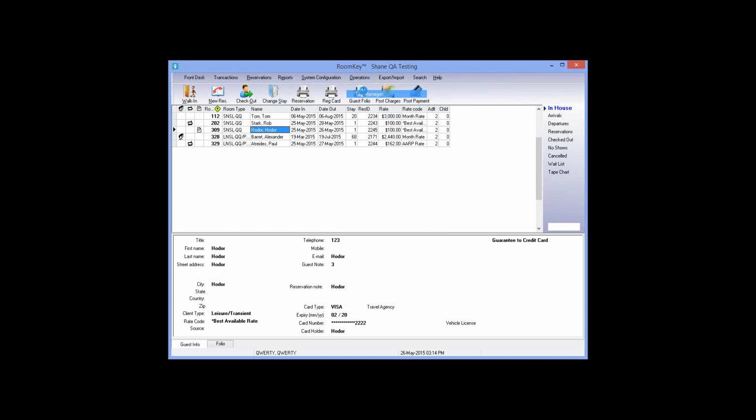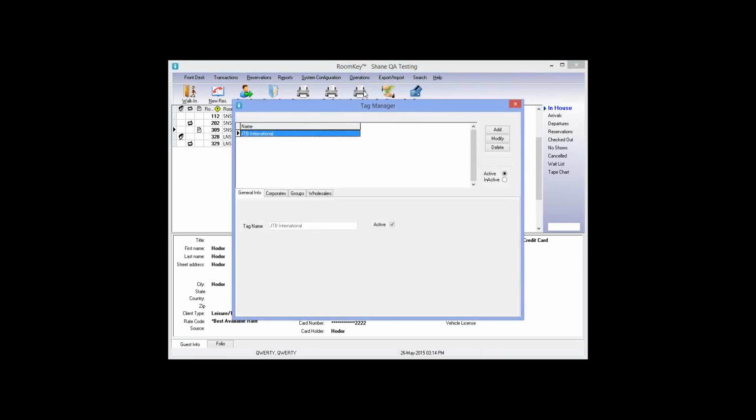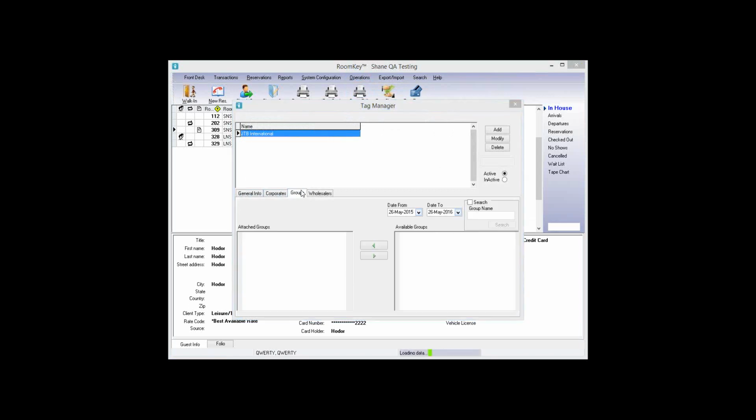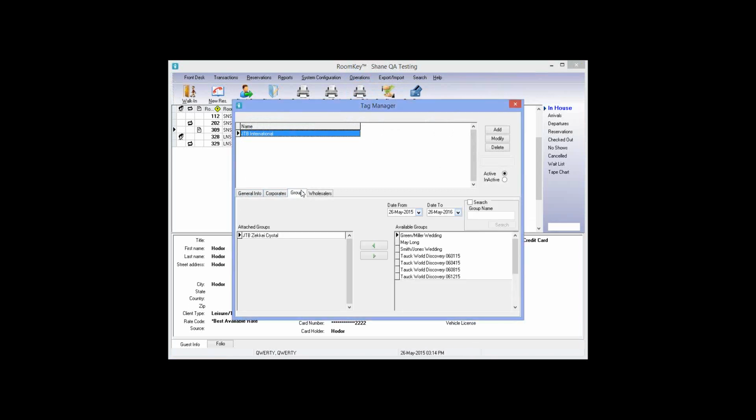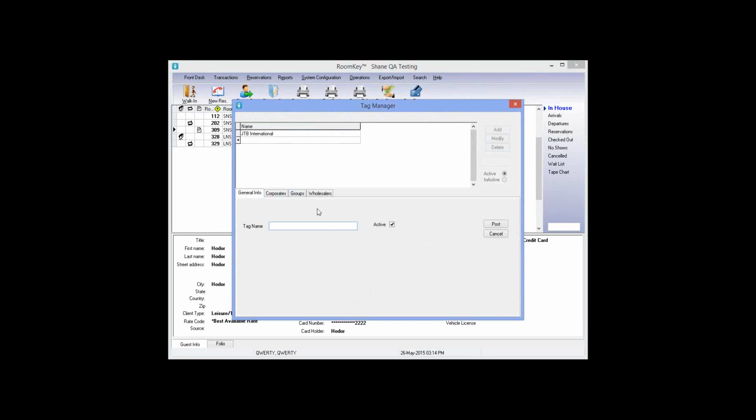So if I go into Operations, Tag Manager, the other way we can use this is, let's say we have a company that sends us a lot of different groups. Right now we can run a report on each separate group and add them together to get the overall production for that company. But the nice thing for the tag here is, if I add in a tag called Talk World Discovery, click Post,